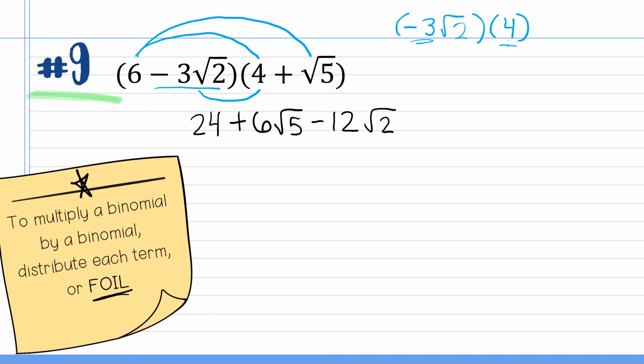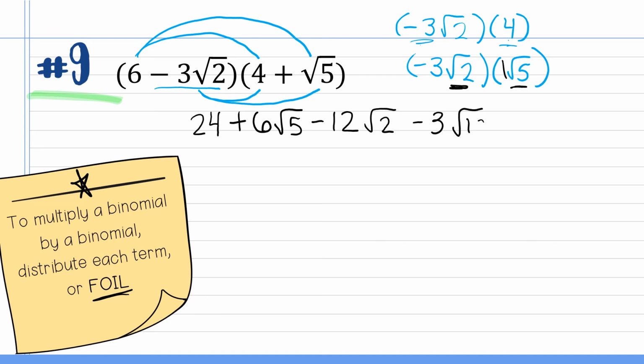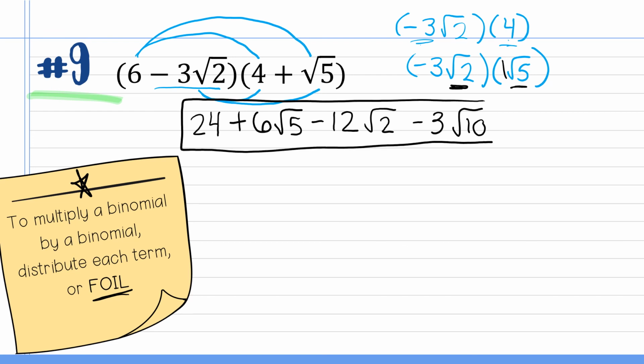And then finally, we want to distribute this negative 3 radical 2 all the way to the radical 5. So now we have negative 3 radical 2 times radical 5. Now, last time we multiplied our coefficients, here the coefficient in our second term is just a 1. So we would have negative 3 times positive 1 gives us negative 3. But now we want to combine our radical 2 and our radical 5, which we can write as the square root of 10. We just want to go ahead and check that there's nothing that we can combine or simplify, and there's not, so we can leave this as our final